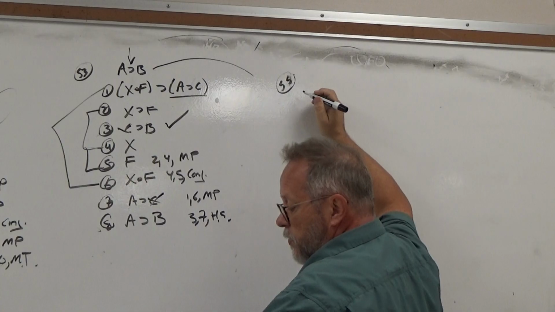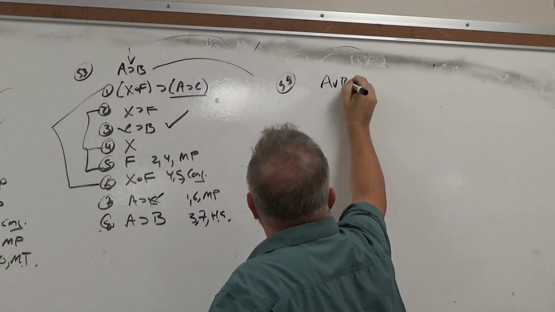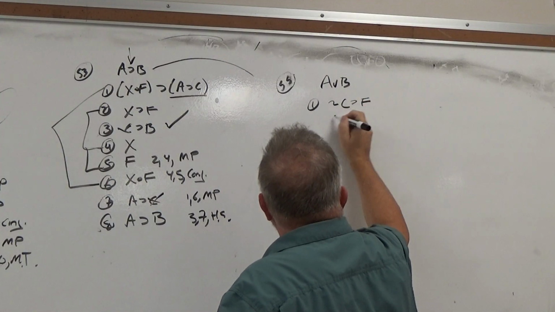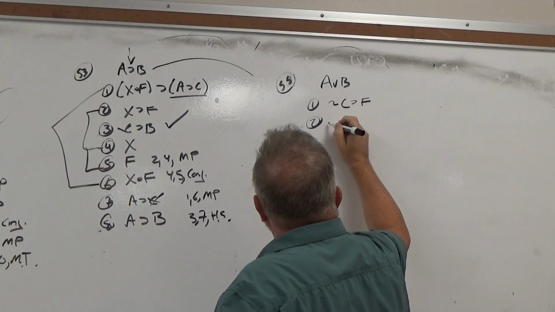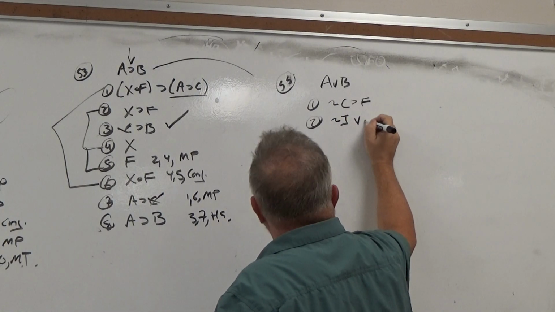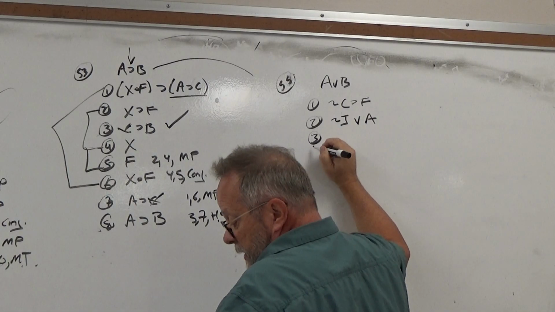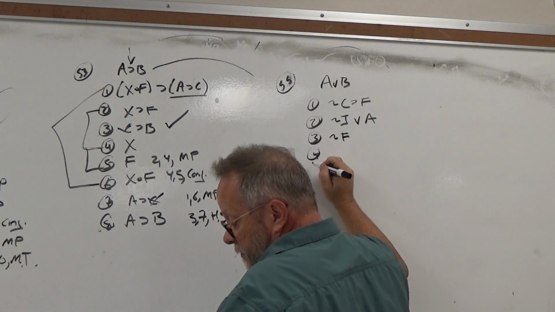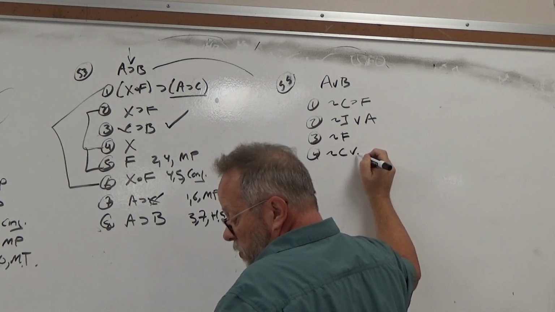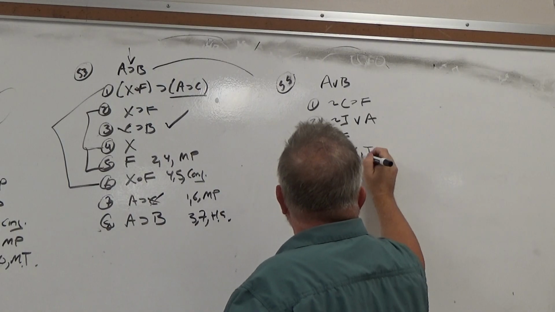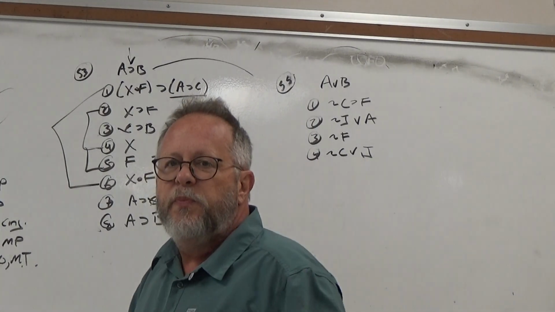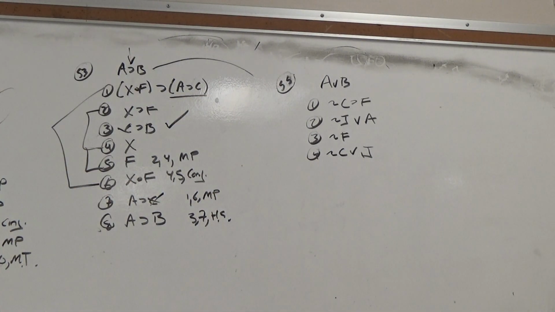55, prove A or B. Prove A or B. What do I have? I have not C then F. I have not J or A. I have not F. And I have not C or J. What's a J? I need A or B. Now the first thing to notice is there's no B in the problem whatsoever, but notice it says A or B,